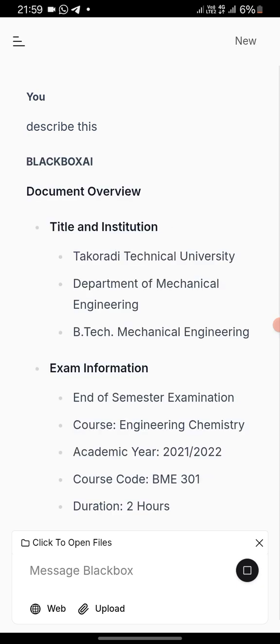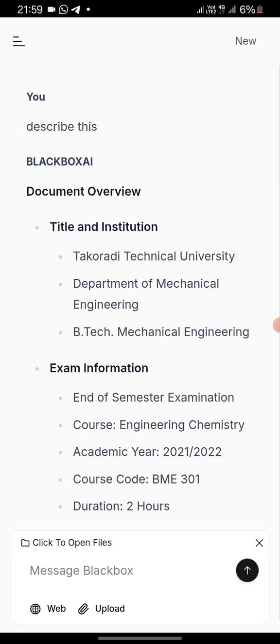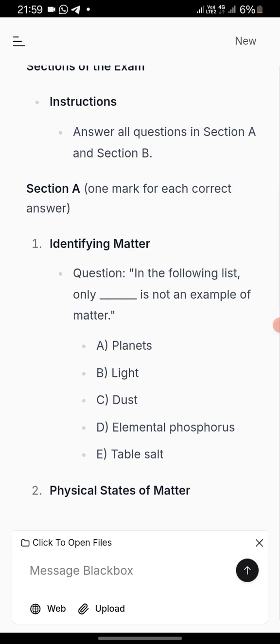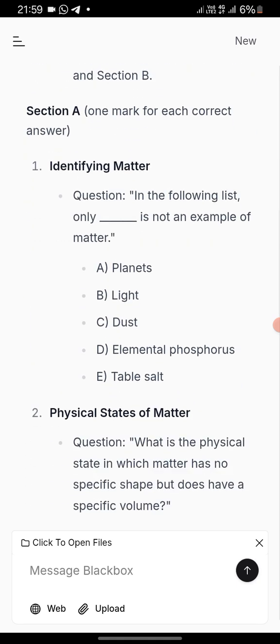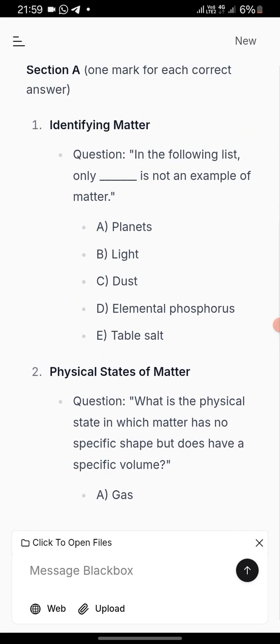Okay, you see it starts, because the image has instructions on it. So the questions in it, it starts solving it. First one is identifying matter. It is in the following list only. So this is it. Number two,